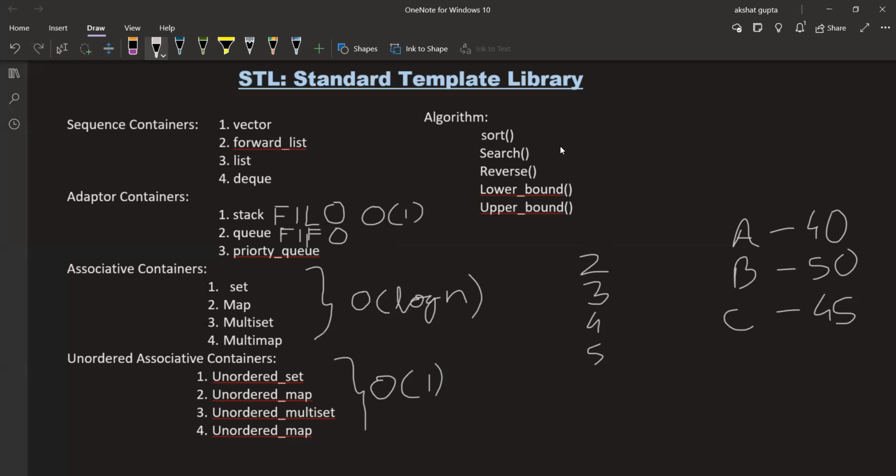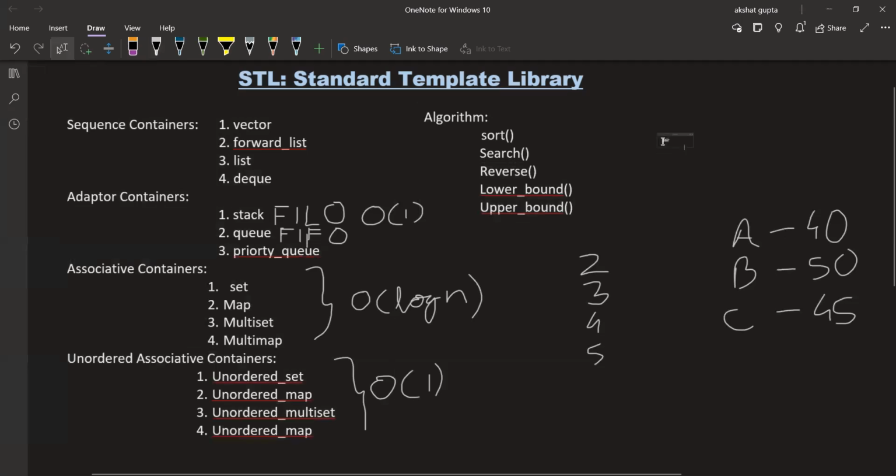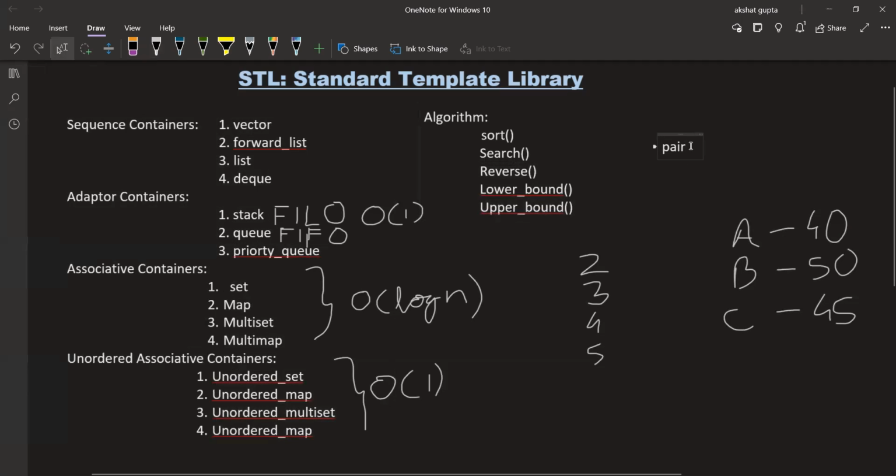There's one more container which we get in STL, that is pair. Let me increase its font size. A pair is a special container which allows us to store two values in the same pair.